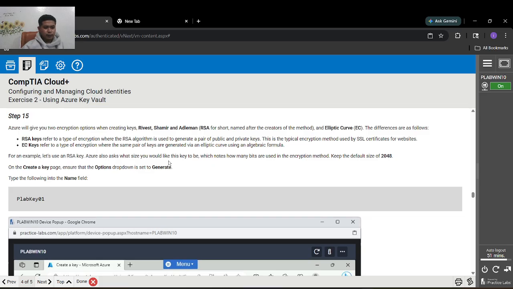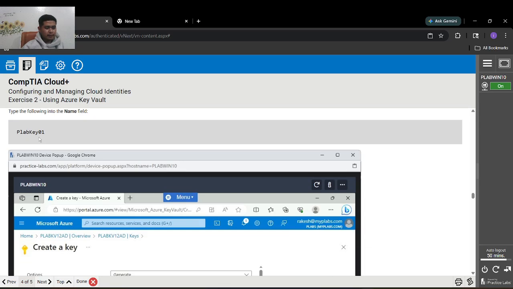Azure also asks what size you would like this key to be, which determines how many bits are used in the encryption method. Keep the default size of 2048. On the Create a key page, ensure the Options dropdown is set to Generate. Type the following into the Name field: PW key 01. So we'll copy this